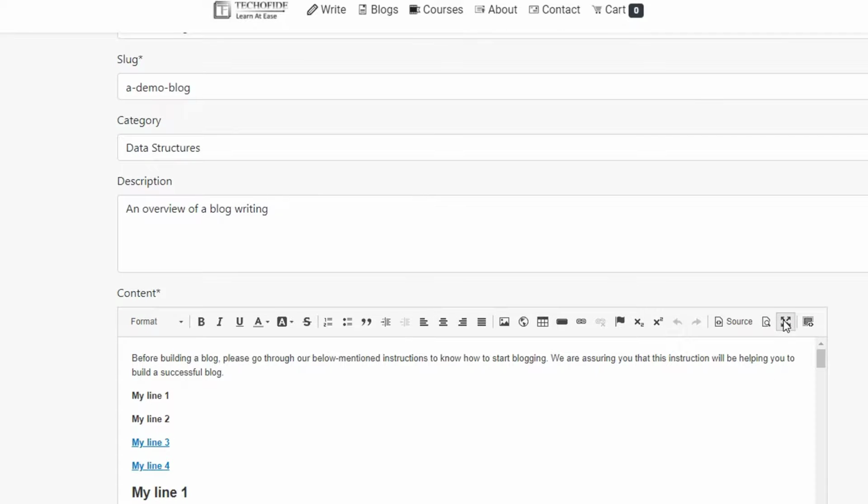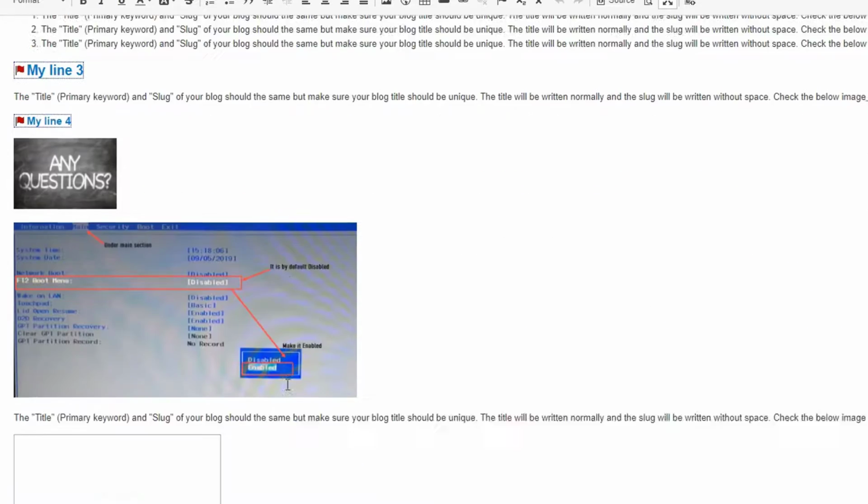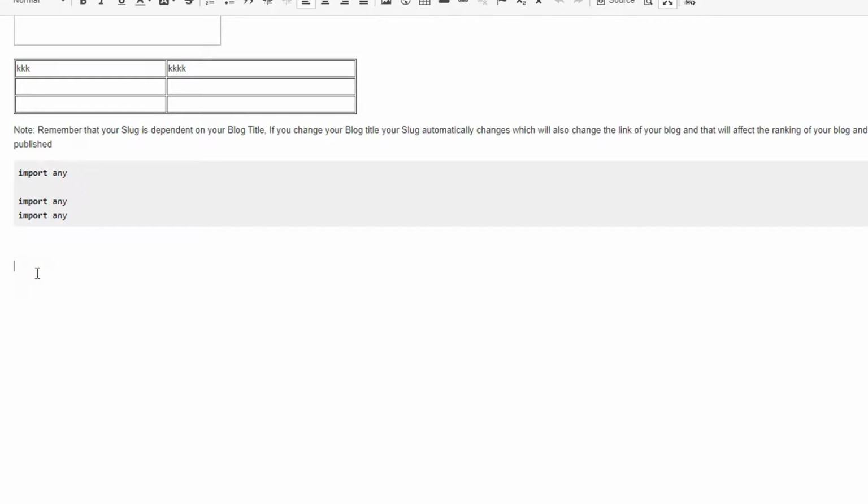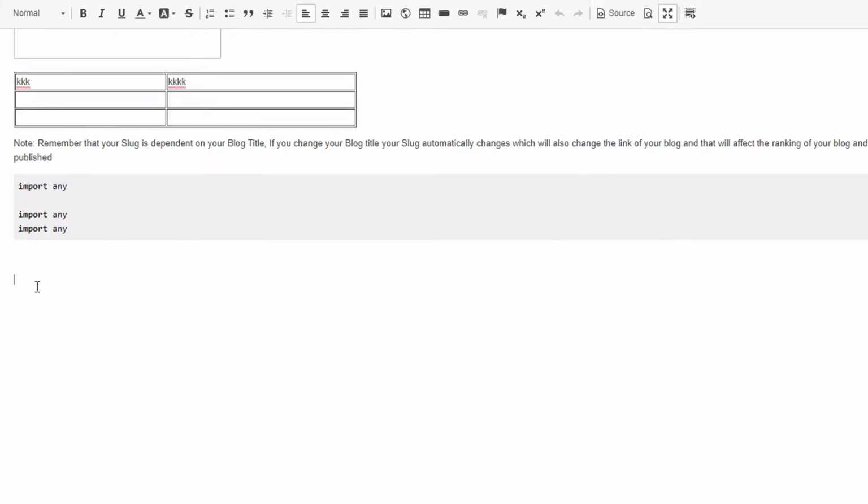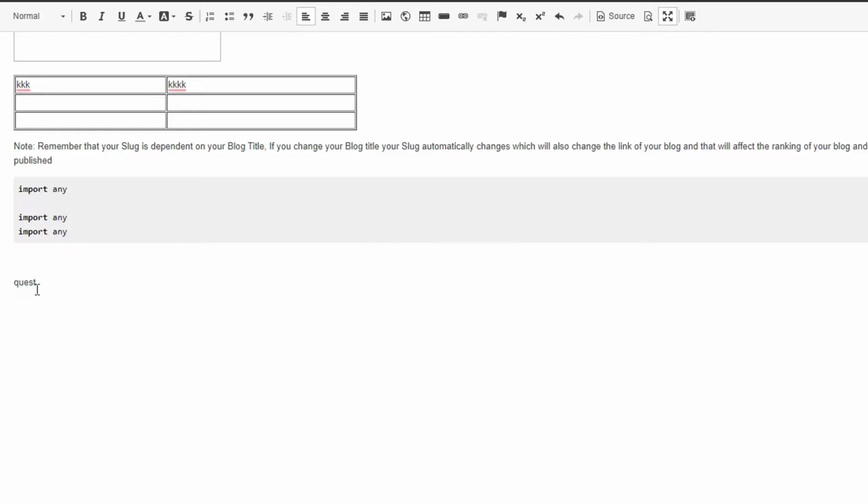Now again we came back here. Now I will show you how you can apply some questions. Let's suppose I want to here type questions. So let's first enable our quote. So this is quote option. Just click here. Now see, you will see a gray line here. From now you can just type here.